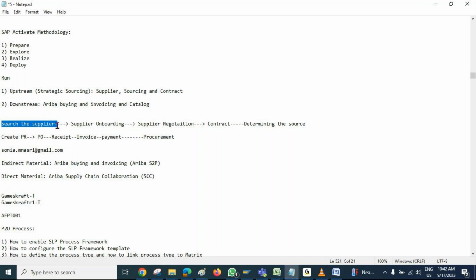So you first try to find out the list of institutes, the list of trainers, and if required, you note the contact details as well, like the contact number, email address, name of the trainer, name of the institute. You maintain that in your sheet. How you maintain it is your choice. Once you find a particular institute or trainer, then you do the onboarding. Onboarding means you maintain all the contact information so that you can talk in detail.